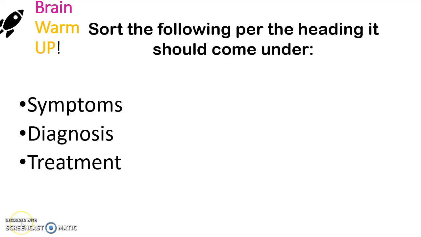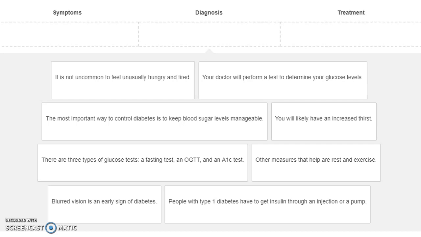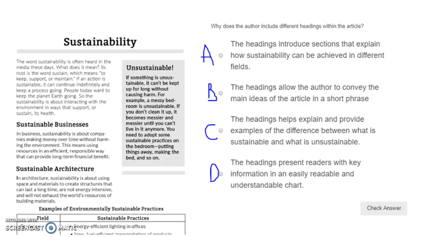Okay, for this lesson, we practice sorting the categories under the particular headings of symptoms, diagnosis, and treatment. So you can see this is practice found within the course, so please spend time in that course content looking at everything. We also did some further practice talking about this question here: why does the author include different headings